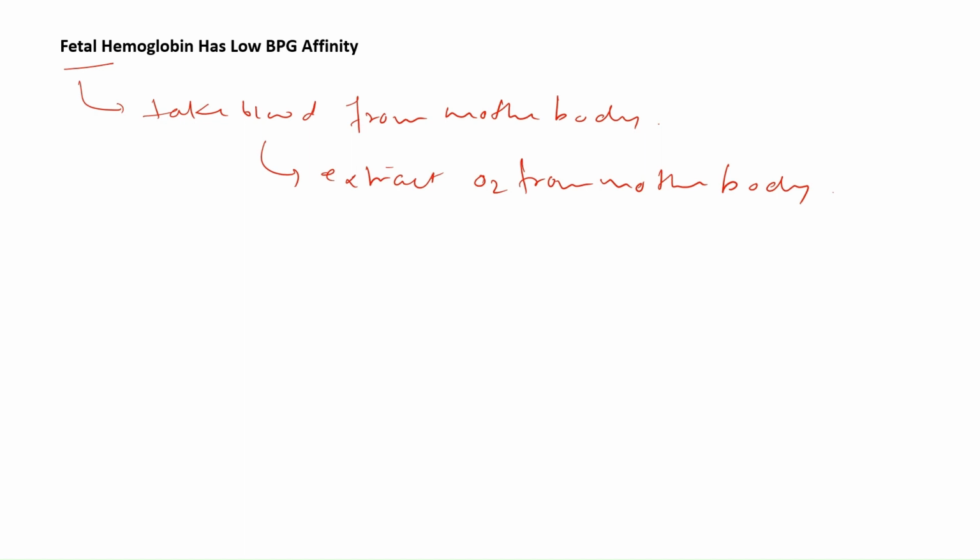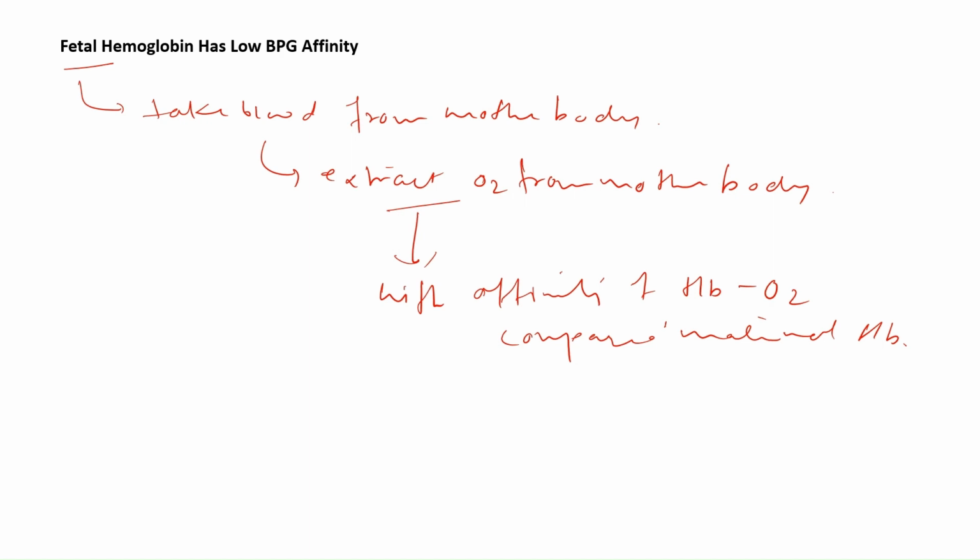Now, this BPG also has a role in fetal development. Now, how does that happen? Fetus takes blood from mother's body. So that means fetus has to extract oxygen from mother's body. To extract oxygen from the mother's body, it should have very high affinity of hemoglobin with oxygen compared to maternal hemoglobin. So the affinity of hemoglobin with oxygen should be much more than the maternal hemoglobin because they are extracting from the mother's body. So in fetus, the BPG concentration is low so that hemoglobin binding affinity with oxygen should